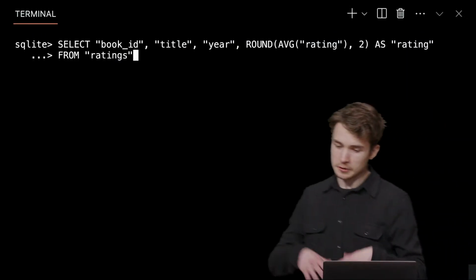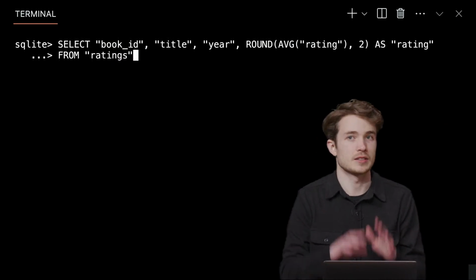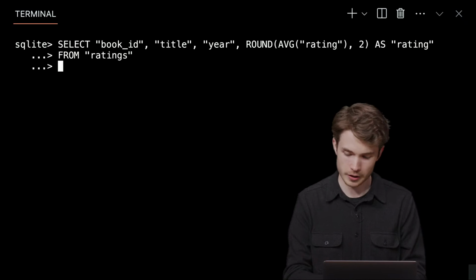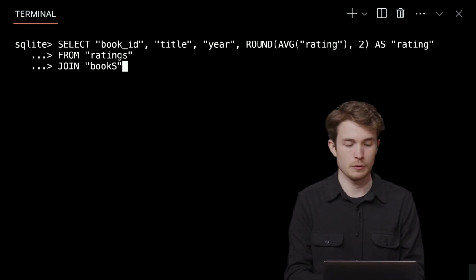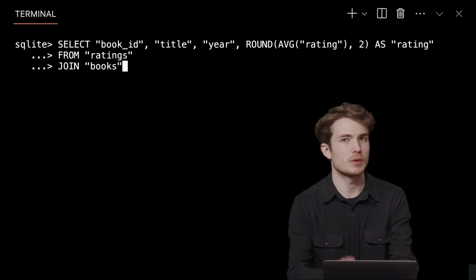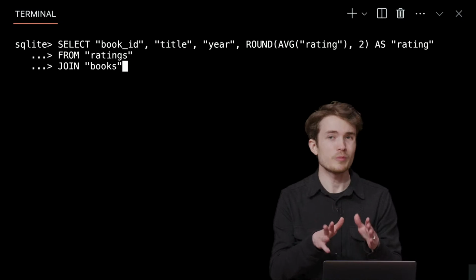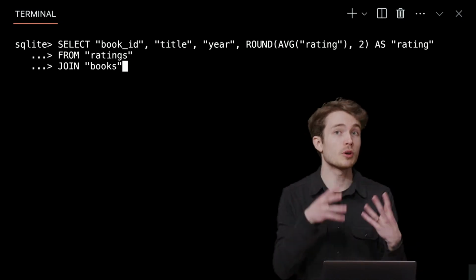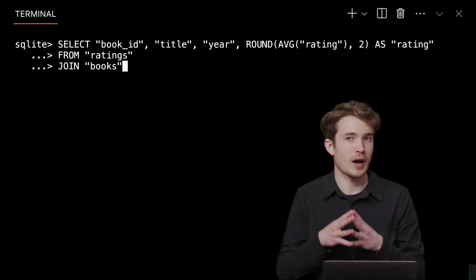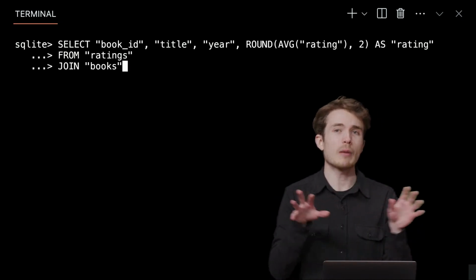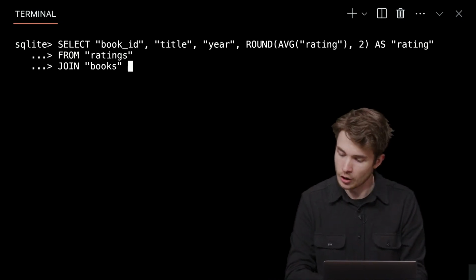I want to select from ratings, of course, but I also want to join in this case the books table. So I'll hit enter, and now I'll say join as well the books table. Now, how can I match up the books table with the ratings table? Well, I know that the ratings table has a foreign key called book_ID, and the books table has a primary key called ID. So I'll tell SQL I want to match these two up, a bit like this. I'll say join books on